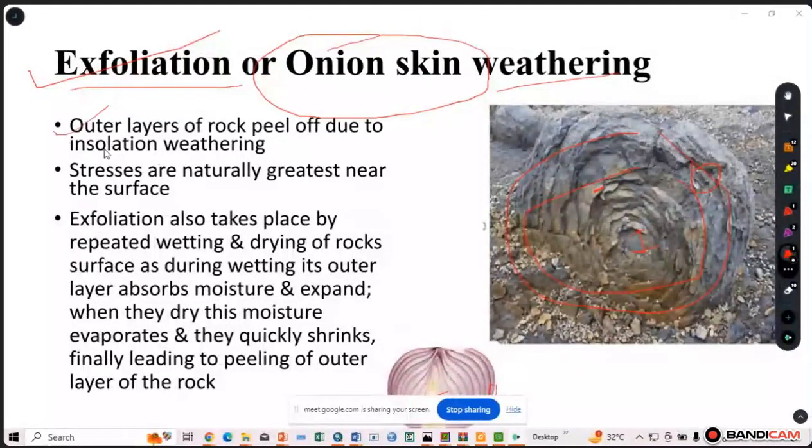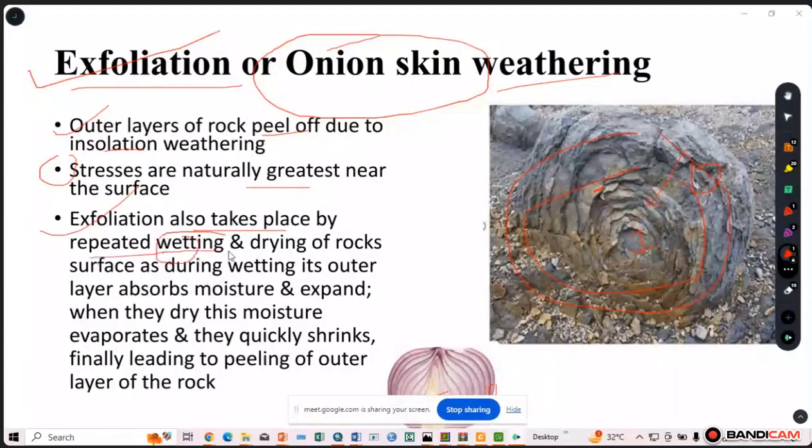So here we have written the same things. Outer layers of rock peel off due to insolation weathering. Stresses are naturally greatest near the outer surface. Why does the inner part remain preserved? Because no stress is developed in the inner part, but most stresses are developed in the outer part. Due to the high stress, these are removed. Exfoliation also takes place by repeated wetting